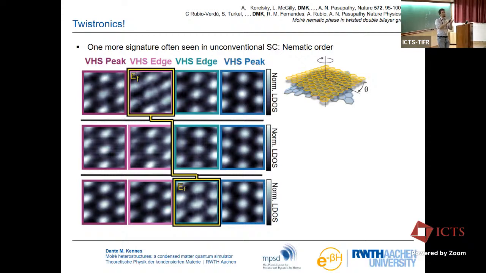You can show that in your Moiré unit cell, when carbon sits on carbon, the local density of states is extremely large, so you get a lot of signal in the STM. Now, this is at some filling where you would say correlations are probably not so relevant. Now, you tune the filling, and at a filling where you would say, oh, here I'm in the regime where correlations might be more relevant, this nicely rotationally symmetric, threefold symmetric, C3 symmetric picture develops these elongated stripes. So it's breaking the rotational invariance by tuning the filling, pointing toward that probably being something to do with correlations.